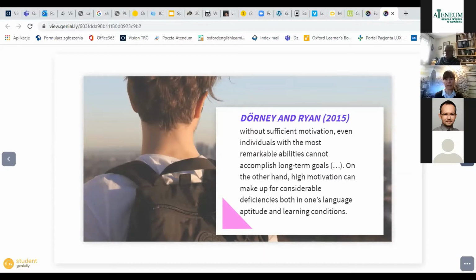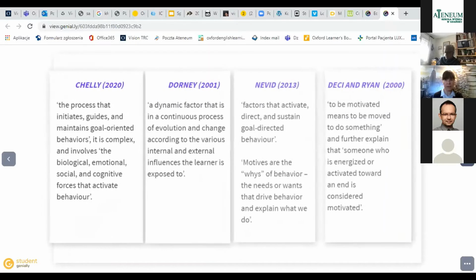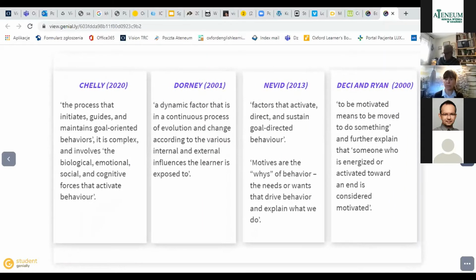So that is the thing that especially in the face of distant teaching, distant learning becomes an issue. Teachers have to really pay attention to motivating students and keep their motivation level high all the time. This is important if you just have a look at a couple of points that scientists point out when it comes to definitions of motivation.